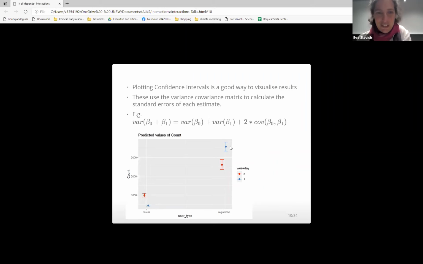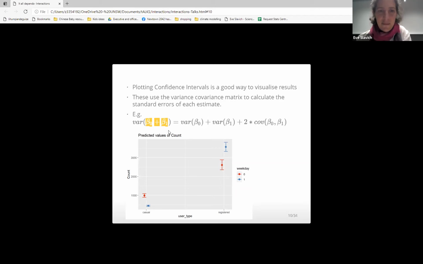So these are confidence intervals for the estimated number of users in each group on each particular day. And these confidence intervals, I just use software to calculate them, but